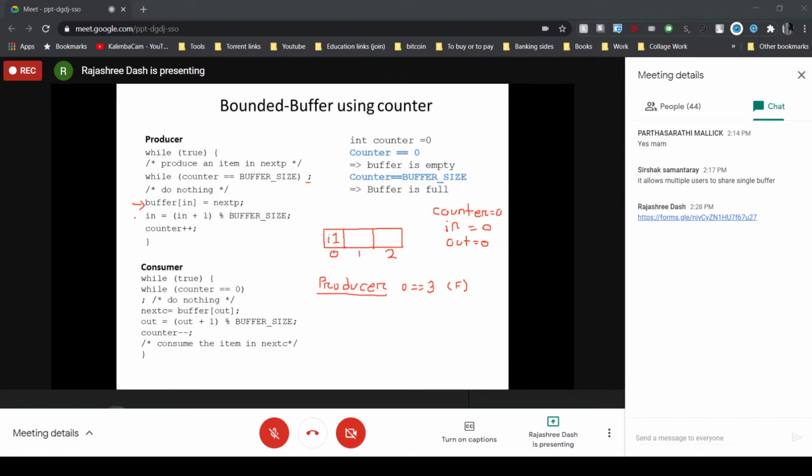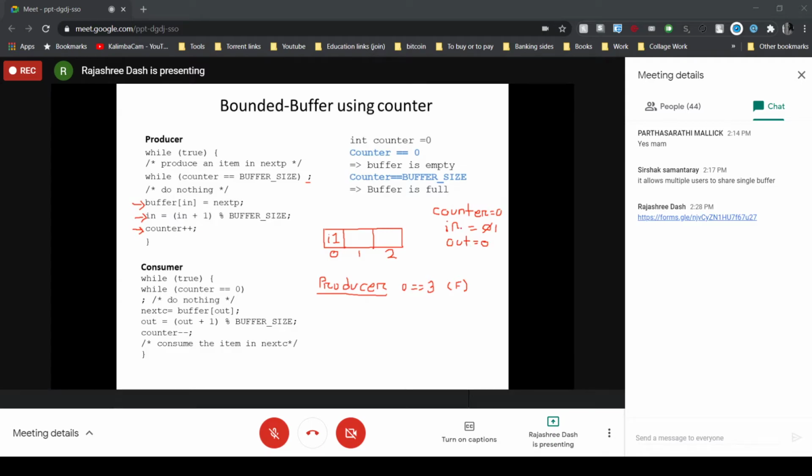After that, what will the producer do? It will increment the value of in. In equal to (in plus 1) modulo buffer size. So previously the in value was 0. 0 plus 1 is 1. 1 modulo 3, the value is the same, 1. So now the in position is updated to 1. There is no change in the out variable. What else is the producer process doing?